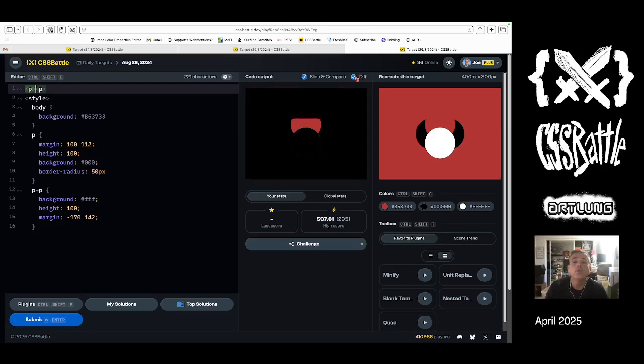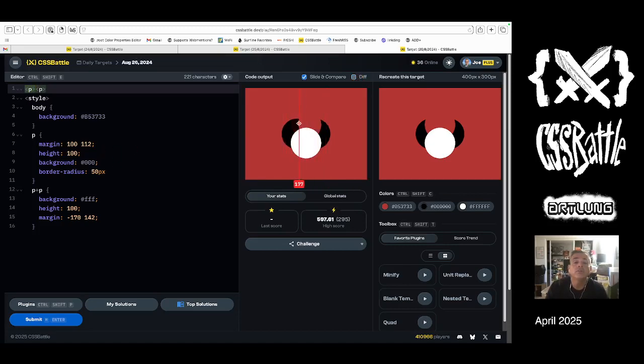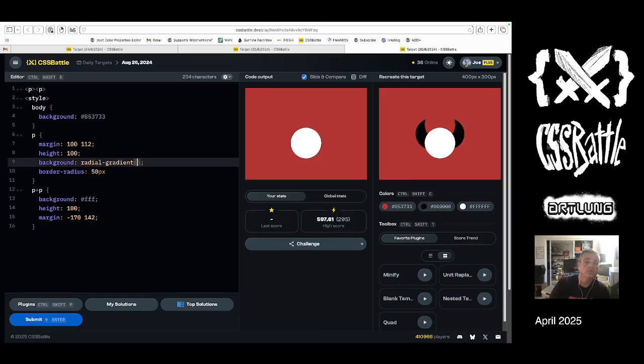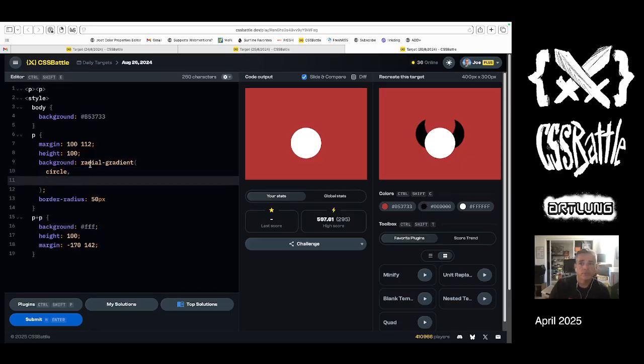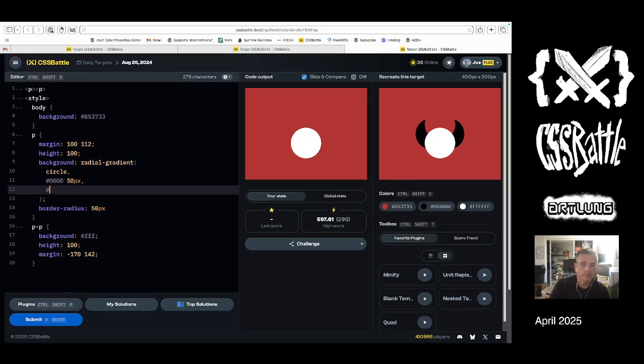So what I'm left with, I think that I can do a radial gradient inside the first one. So let's do that. Radial gradient, circle of a transparent circle, because we can see through to the back. And if the white circle is 50 pixels and if the red circle is the same, then this is 50 pixel radius. And then black. There's your circle. And then with background position,